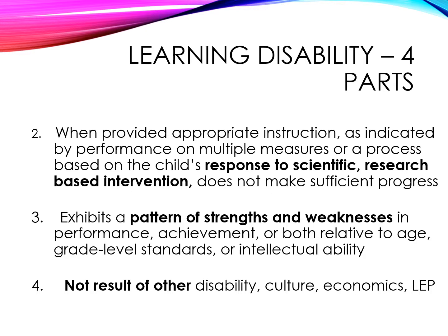Third, the child exhibits a pattern of strengths and weaknesses in performance, achievement, or both, relative to age, grade level standards, or intellectual ability. We will often see that they will be strong in some areas and weaker in others. For example, we could see a student who is strong in math and might be great in oral expression, but have trouble with reading fluency. So if you were to draw a graph of their scores, you would see an up and a down pattern